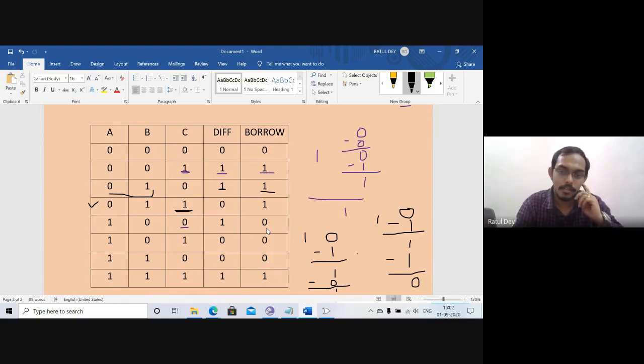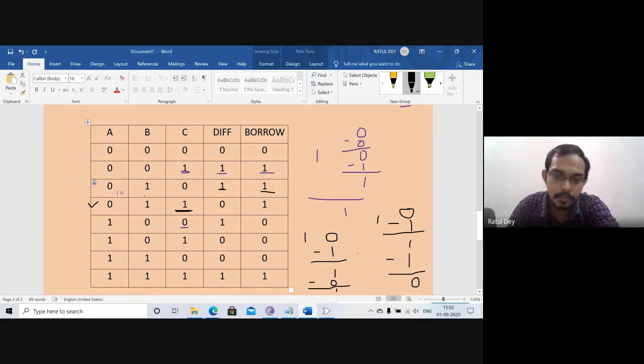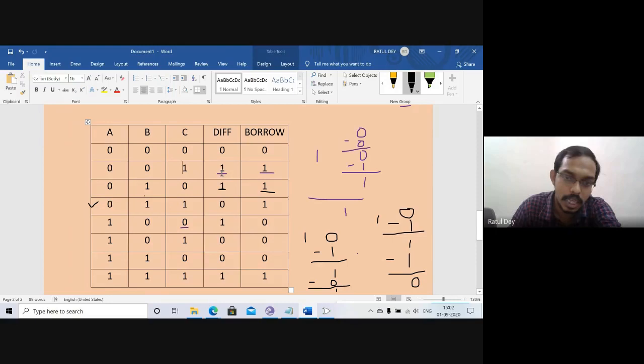So here we have to find out the expression of this thing. So we just go the same way for the expression part using the Karnaugh map. I will not explain here what the Karnaugh map is in this part, because the Karnaugh map is covered in the digital electronics theory part. So it is not taken by me. So I will just write the expression with you.